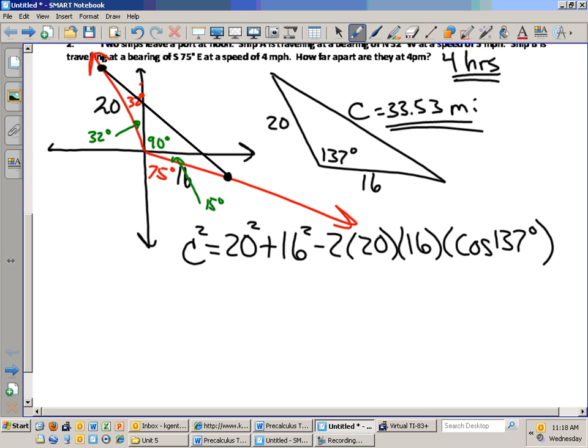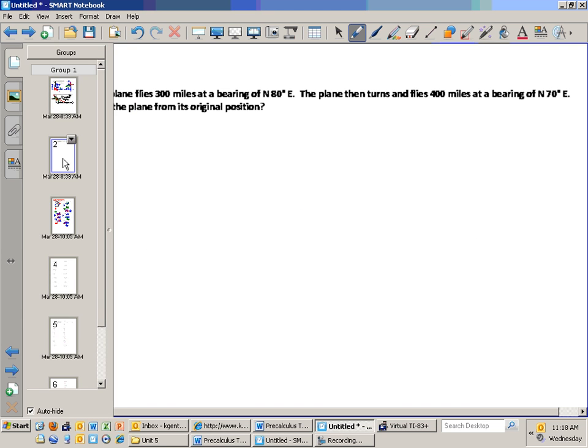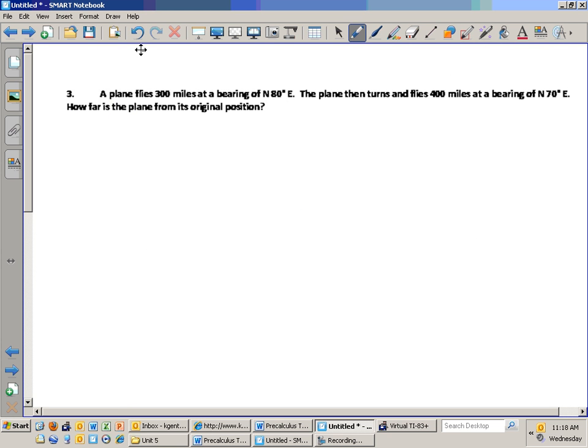So can you draw the bearings? You see how we found the 20 and the 16? And then we use the law of cosines. So you're good to go. We do the last problem here on the back side. Plane flies 300 miles at a bearing of